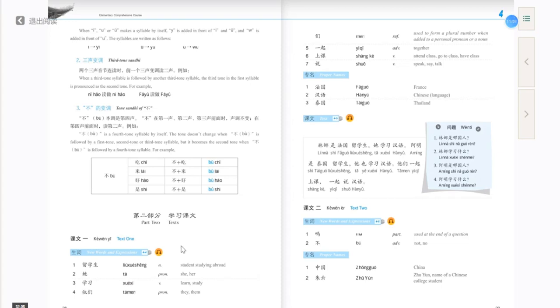Please. Now let's begin. 第二部分，学习课文。课文1，生词。留学生，他，学习，他们，们，一起，上课，说，